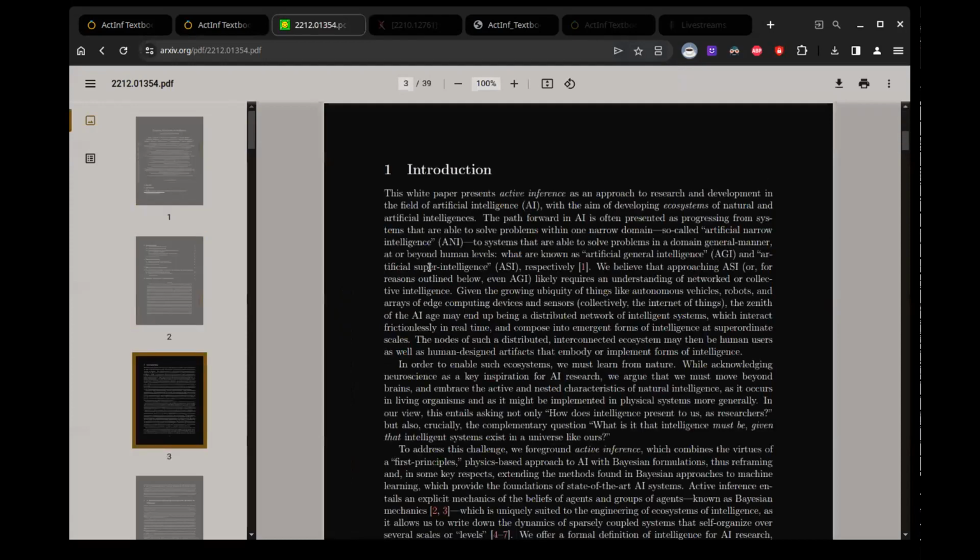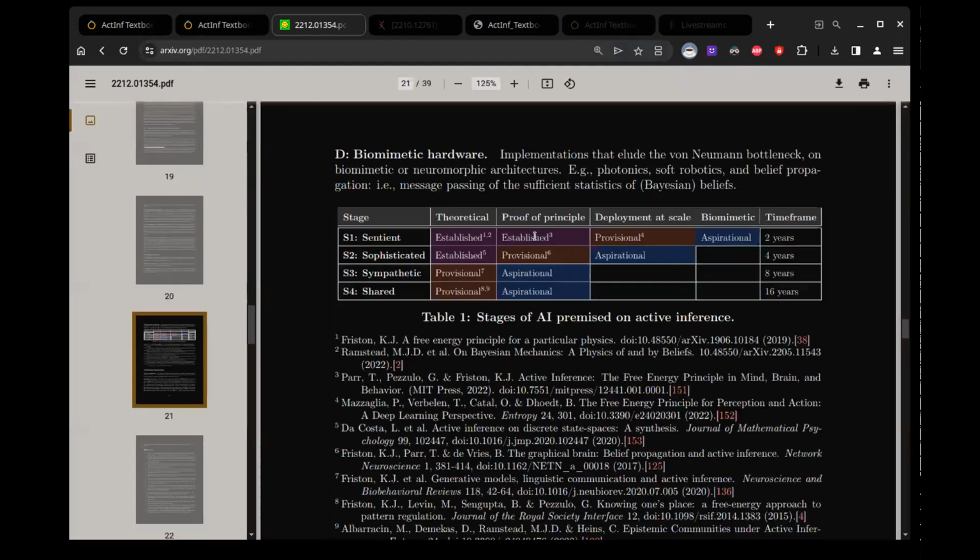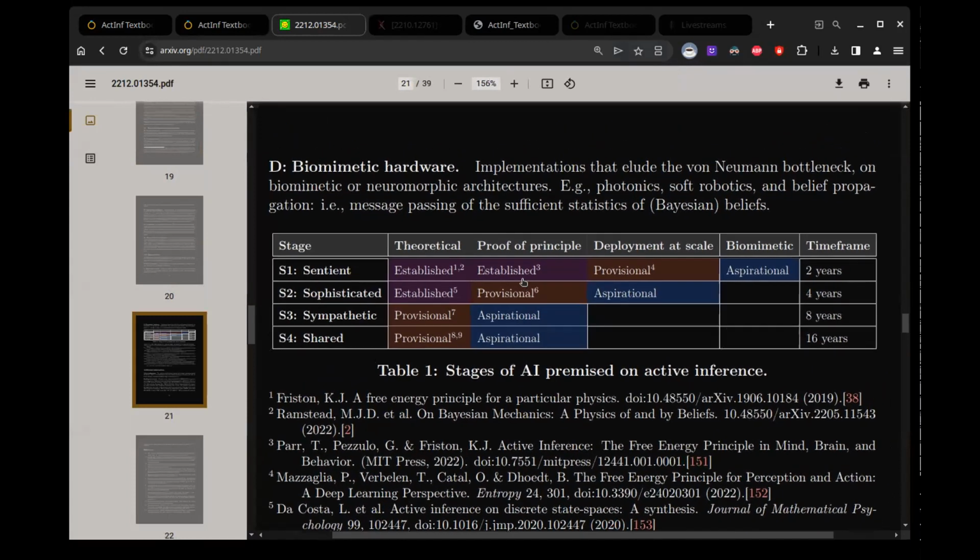So it's interesting to see how those 4 steps can be applied when we finally get into those stages of development of active inference agents.